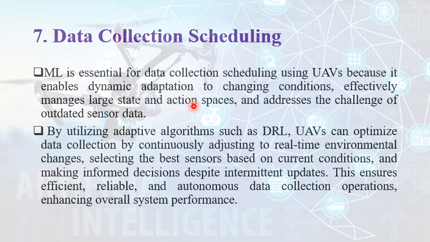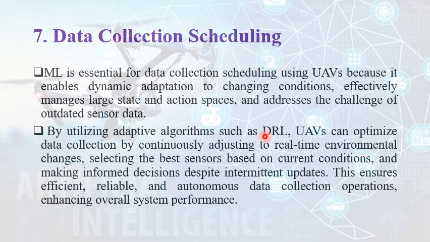The state and action space is large, and the UAV usually receives outdated data from the sensor. The UAV doesn't receive real-time knowledge from the sensor, and that's why we need to use machine learning and deep reinforcement learning in such a scenario. By utilizing adaptive algorithms such as deep reinforcement learning, the UAV can optimize data collection by continuously adjusting to real-time environment changes. As you know, DRL is adaptive, is goal-oriented, and is very effective in dynamic scenarios such as